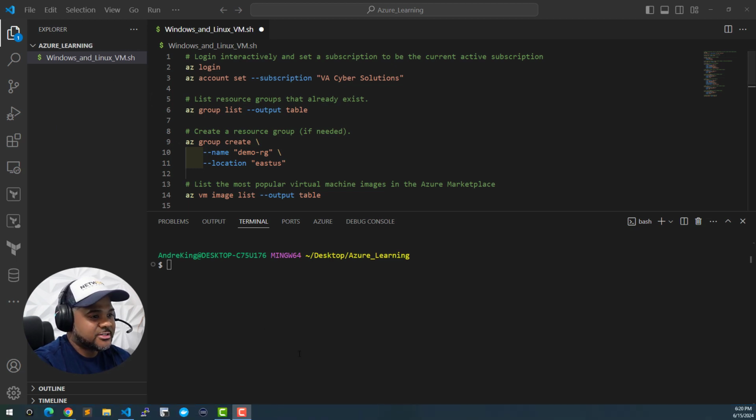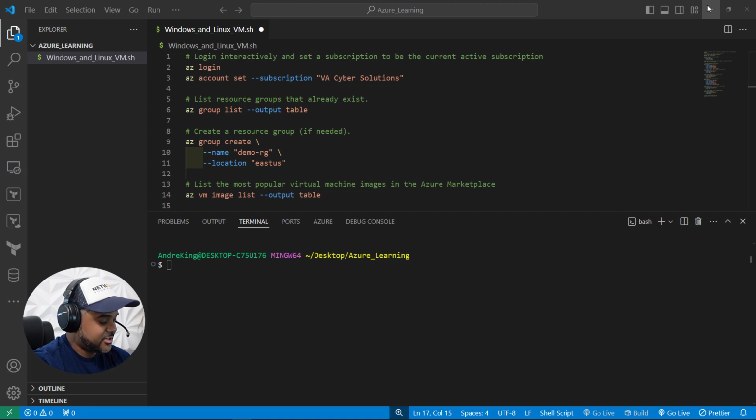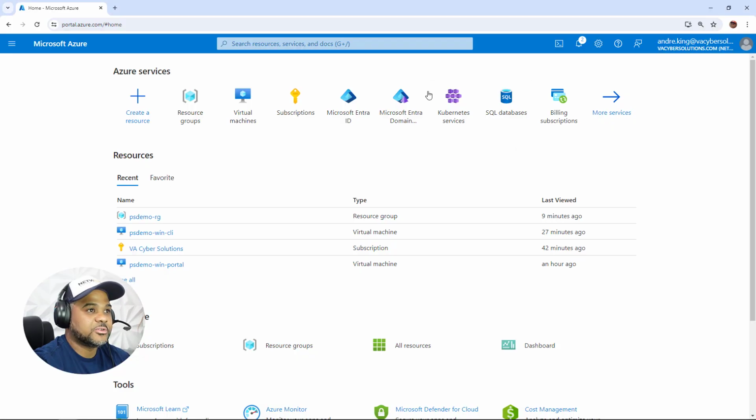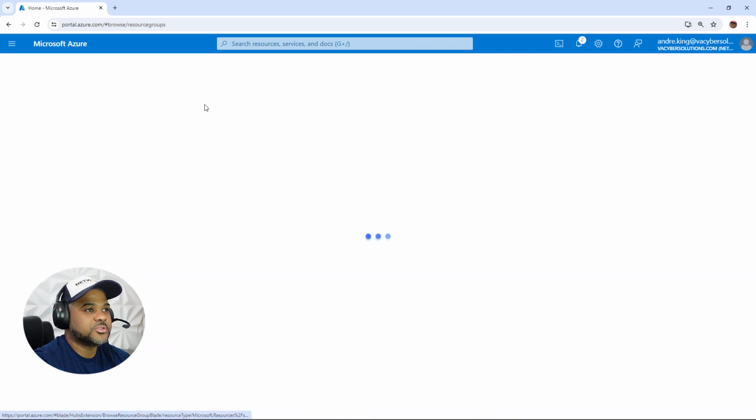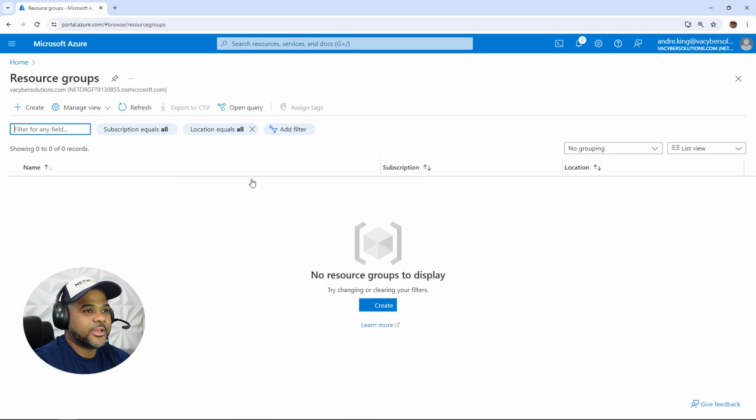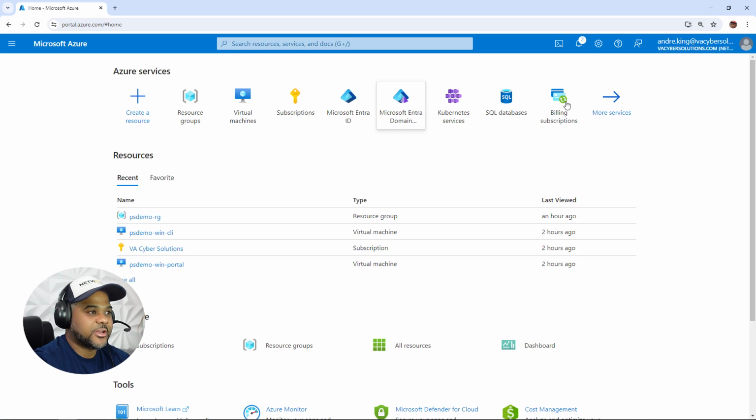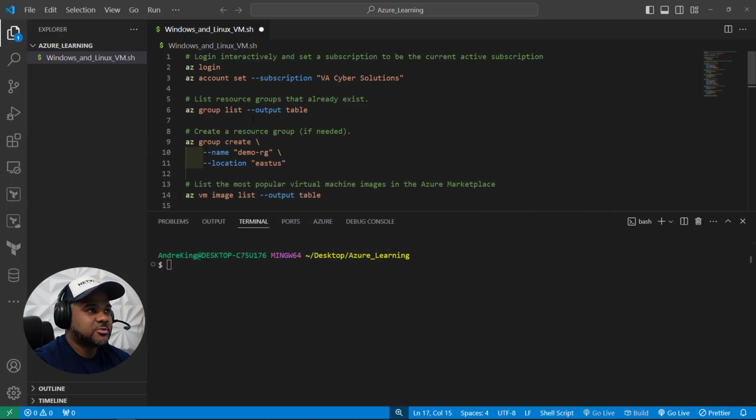So let's take a look in the portal first, like I was noting. So this again is my account. And if we go to resource groups, we see that I went ahead and emptied those out for my account. So we're all set, no resources deployed here. And we'll run through this top to bottom in different chunks.